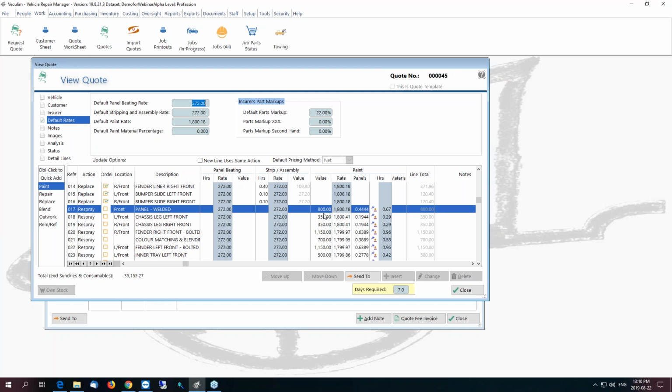We want that to be exactly as you import it. So what Veculum is doing is just going to alter the rest of the information to make it more accurate and correct for you. So if we have a value of 800 Rand, the way it gets to the amount of panels is you take the 800 divided by the 1,800.18, and that will give you the